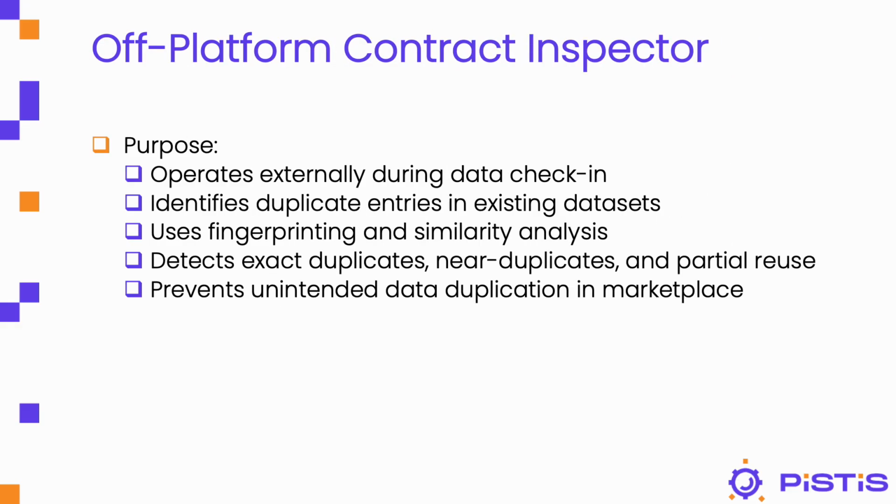The off-platform contact inspector is designed specifically to address these risks. It operates during the check-in phase before a dataset becomes available inside the marketplace again. Its purpose is to detect duplicated entries, assess whether data has been modified, and identify any near duplicate or partially reused content. By combining fingerprinting and similarity analysis, it prevents unintended duplication and ensures that data being reintroduced complies with